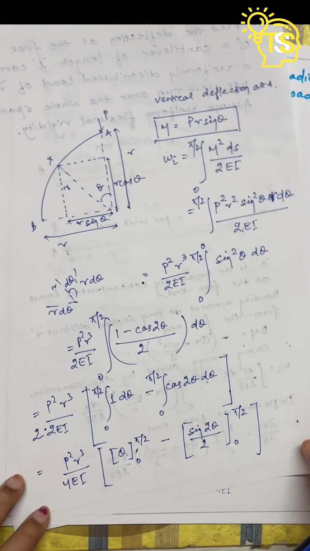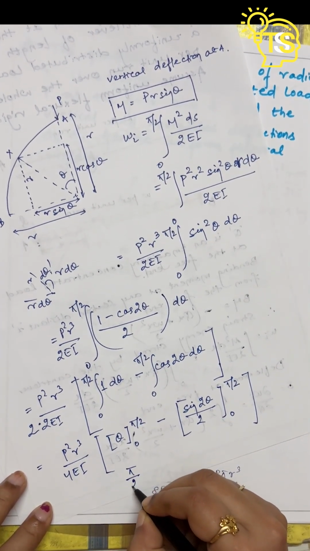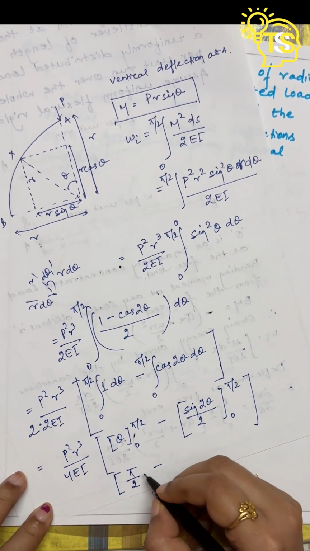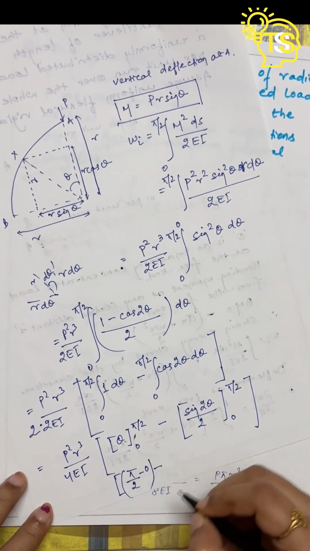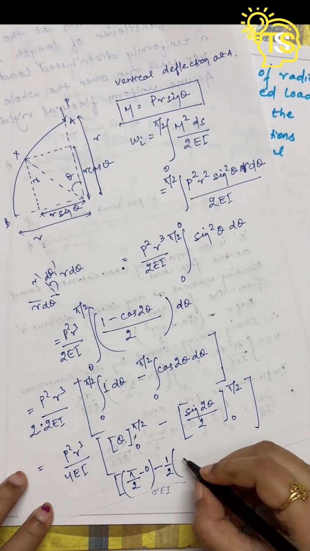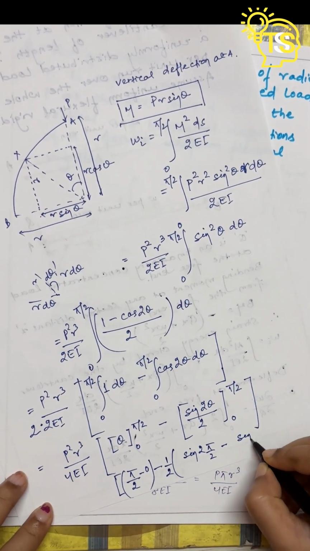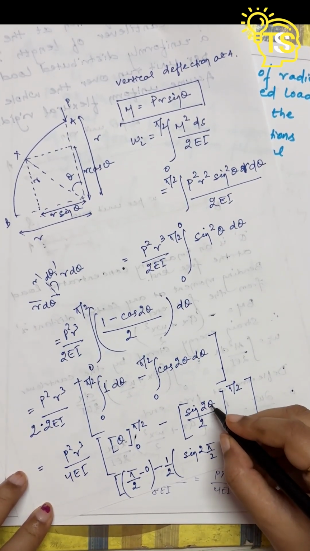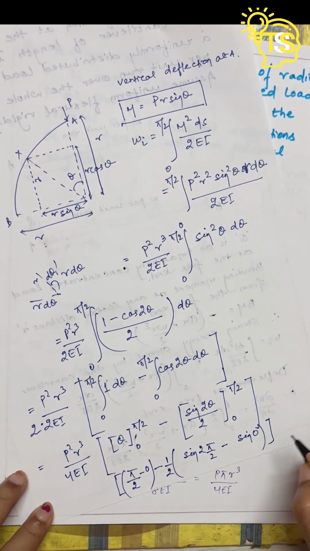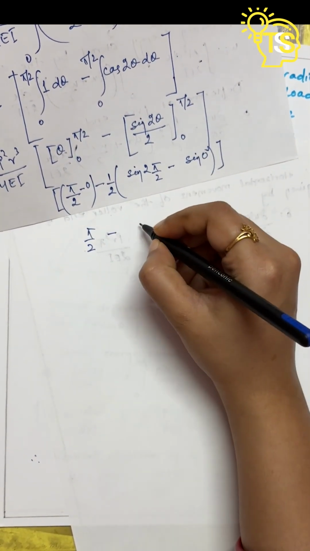Now let's put the limit. After putting the limit, we will get here pi by 2 minus 0, that will be pi by 2. Let me write minus 0. Here, let's bring 1 by 2 outside the bracket. Here sin 2, in place of theta we will put pi by 2, minus sin 2, in place of theta we will put 0, that value will be sin 0. Here the value we will get, that is pi by 2 minus